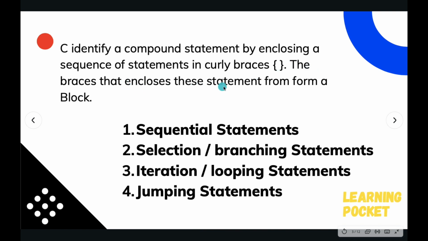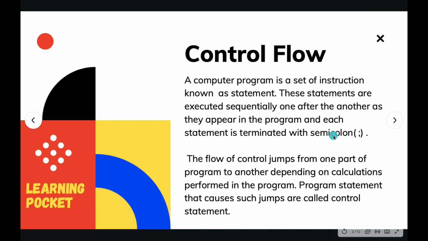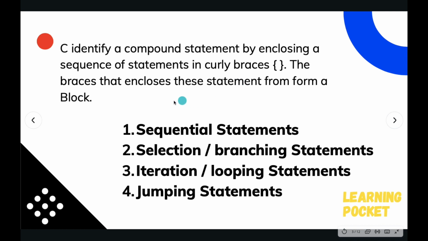The braces that enclose the statements form a block. So a group of statements enclosed within curly braces is called a block, and the definitions of statement and block are essential for understanding these types of statements.